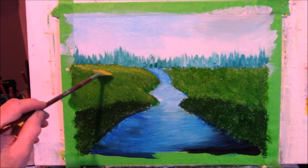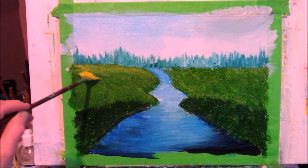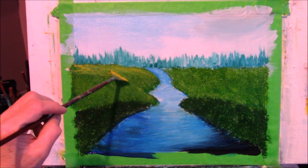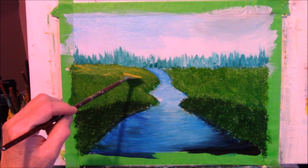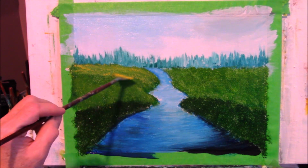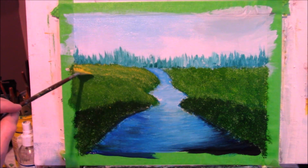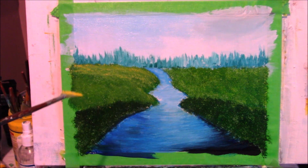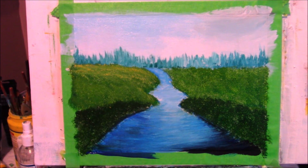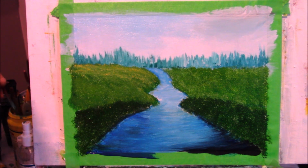So just add some of these, just tap, tap, tap, and follow the lay of the land. Leave some of the dark green underneath, because we can always go back over it again. Alright, that's the effect you're going to get with the fan brush, alright? And the effect you'll get with your bristle,